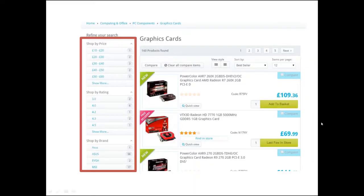We've got Maplin, who are an electronics retailer here in the UK. A few years ago, you'd go to the graphics cards page, and the only filters that you could see were price, the product rating, and the brand of the graphics cards. Now, this potentially isn't the most useful